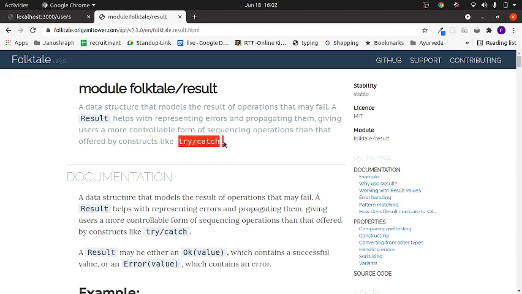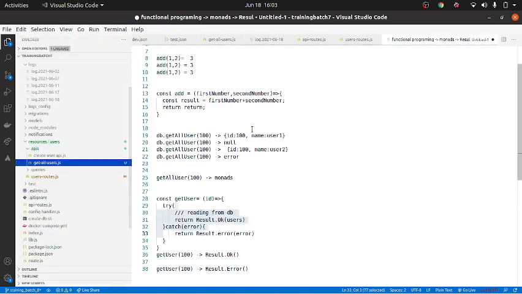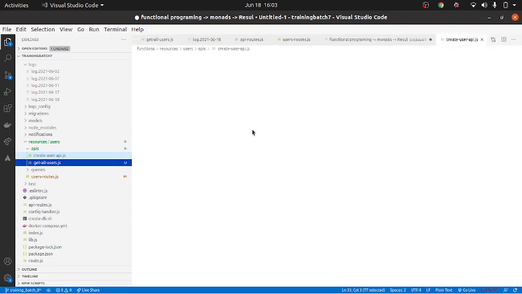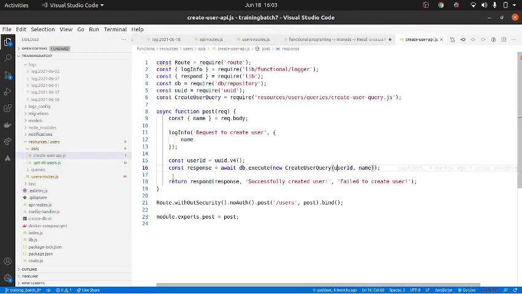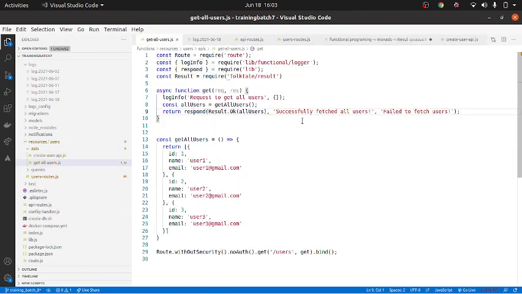try-catch. So over a period of time, you will see in our code, we don't use try-catch at all. I know I'm using it here, but apart from this, in the rest of the code, we never use try-catch. That essentially means it keeps our code extremely neat-looking. We don't have those ugly try-catches everywhere. If you look at this, there is no try-catch over here. Similarly, in get user, there is no try-catch, but none of the things will fail. That is the whole advantage of using Result.